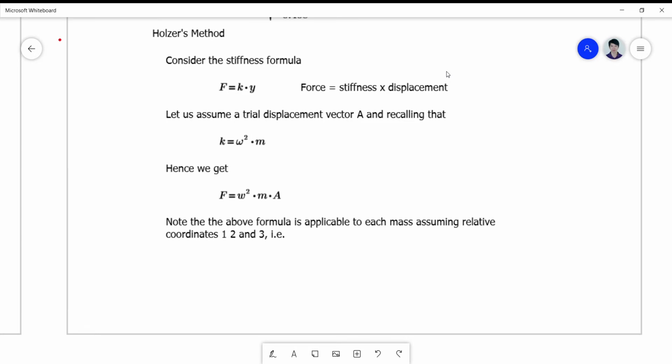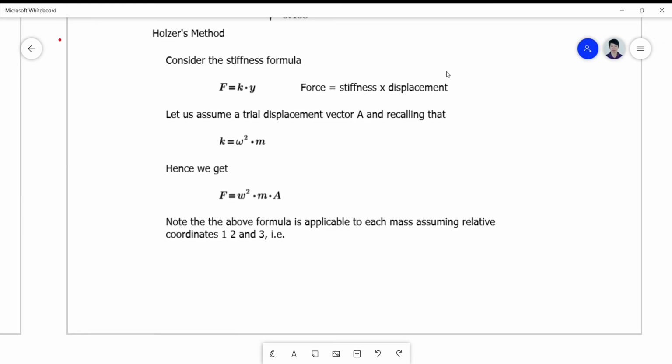Okay, so this is a continuation of the iterative techniques that I presented, the flexibility and the stiffness formulation. So for this third one, the Holzer's method actually captures your intermediate modes. Actually, it can also capture your fundamental and your last mode for as long as your program is quite good